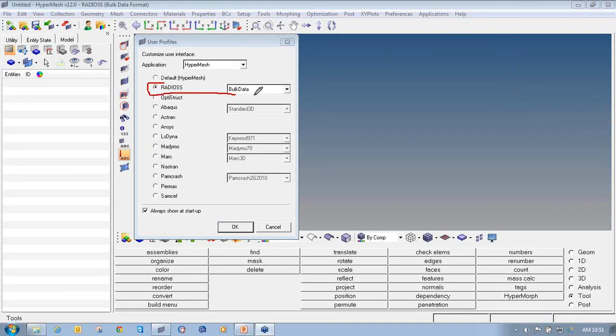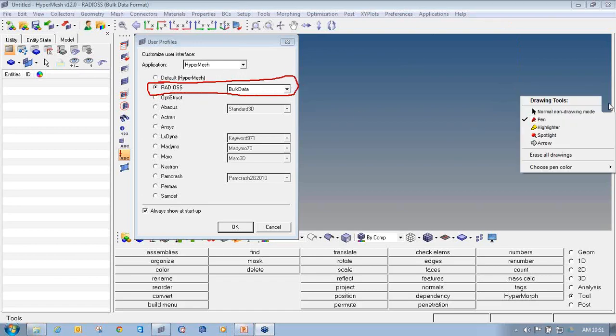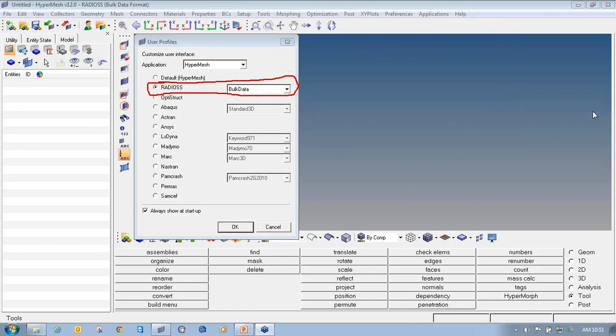For the linear static analysis, select the user profile as Radioss bulk data. If you select the other user profiles, you may not be able to view some of the parameters like material card images, property card images, forces, constraints, location, radio button. So it may change as per the different types of solver deck you want to create.